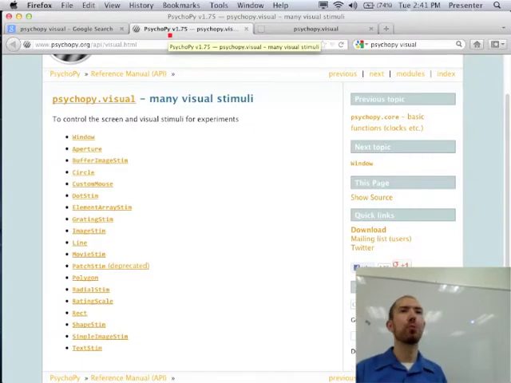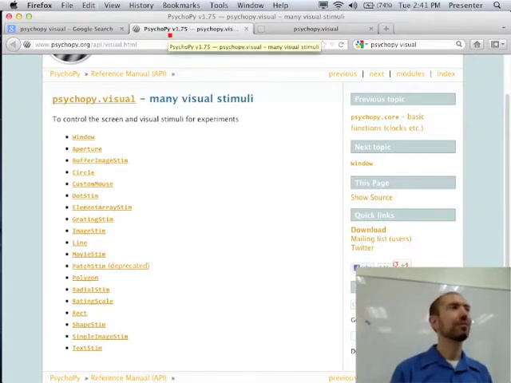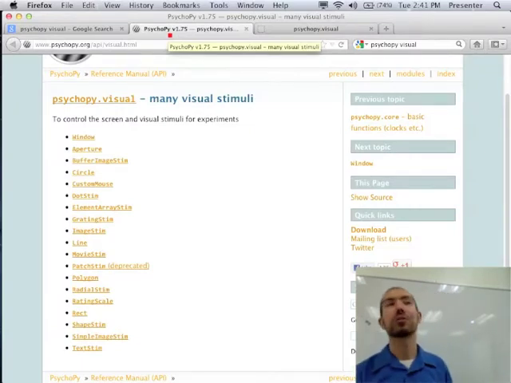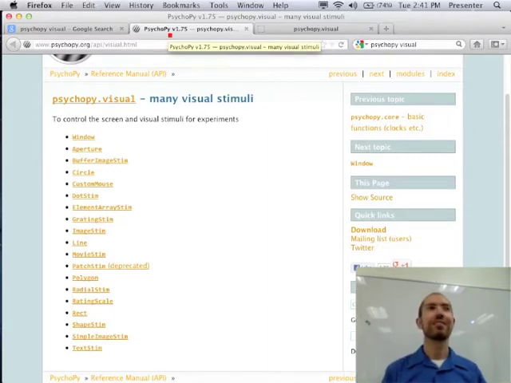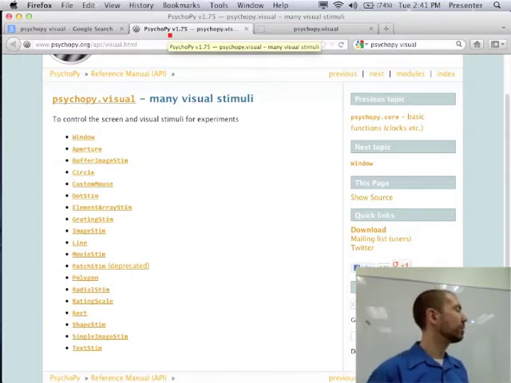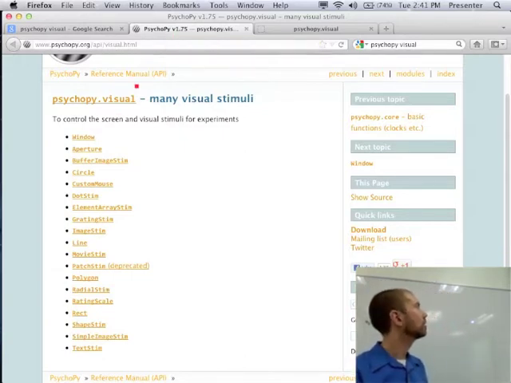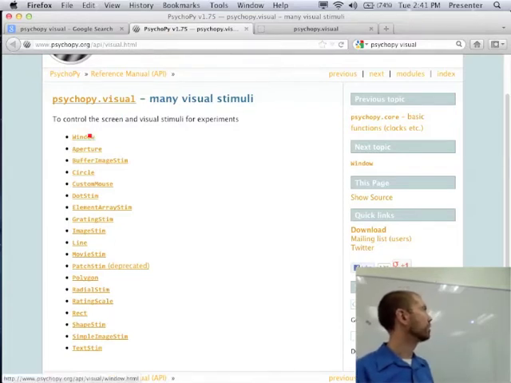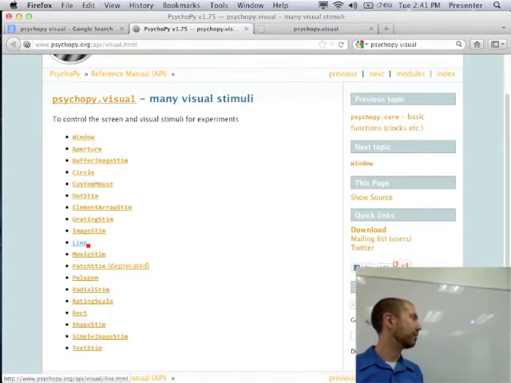And I tell you about both of them because one of the little quirks of using open source software that's under active development is you'll find that sometimes the documentation for one or the other of these is a little bit out of date. So it's often good to consult both of them because one of them might be a little bit incomplete. But basically what you'll see here is if you're looking up, well, how do I make a new window and what do I do with the window? Or how do I draw a line? How do I make a new line and how do I make it draw itself?